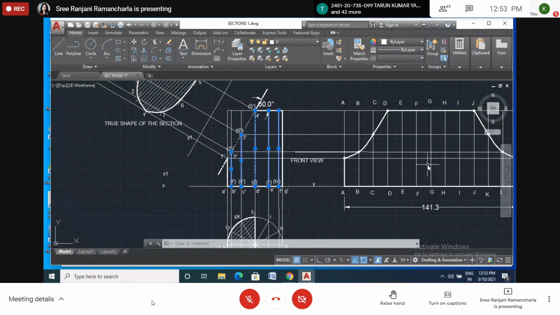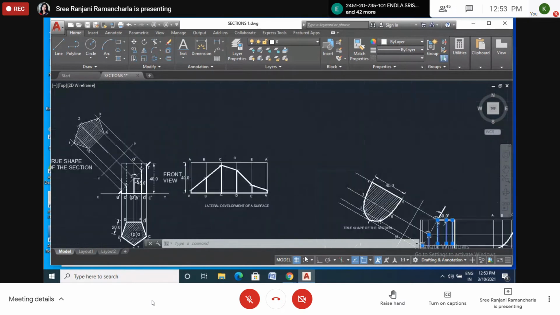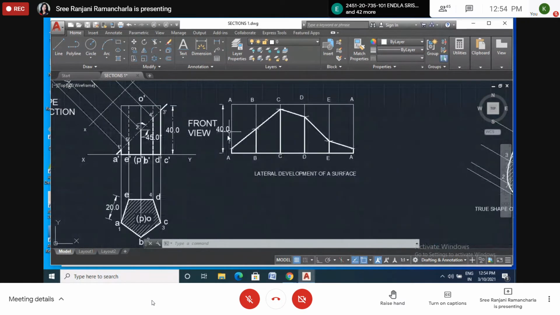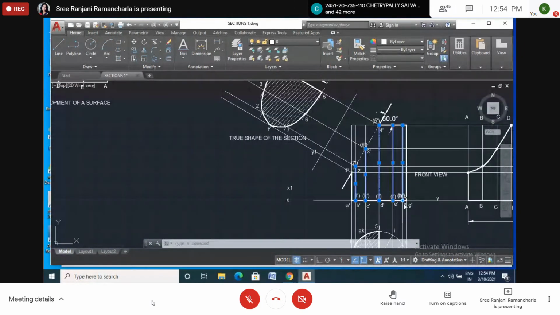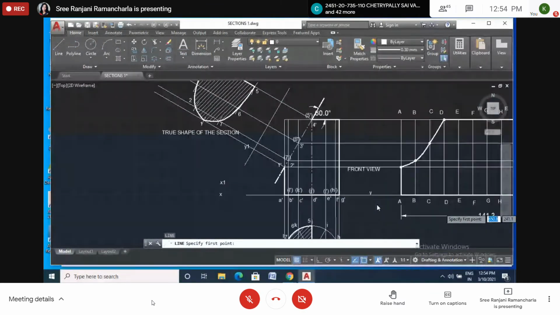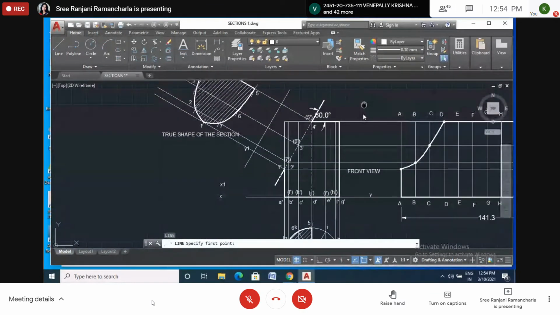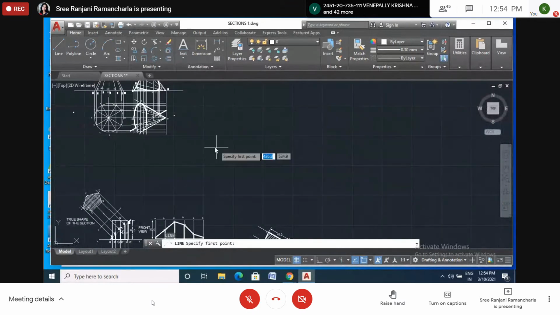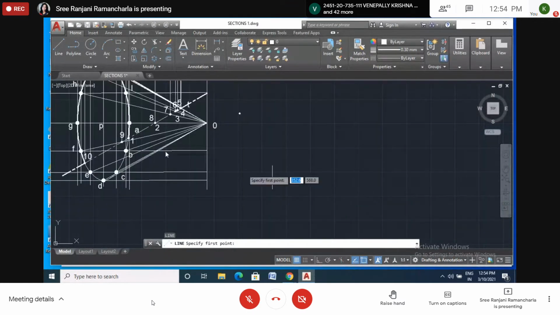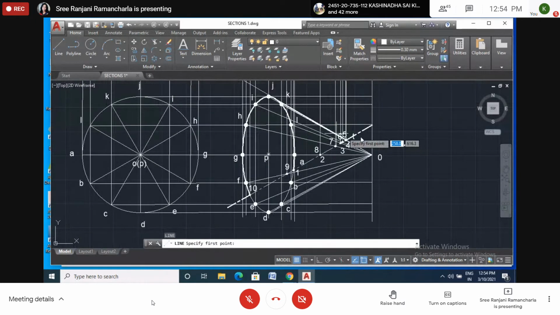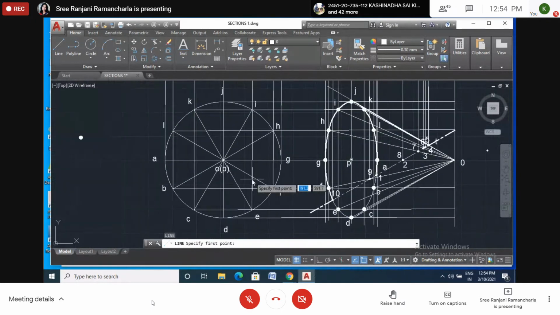So lines should be thick whereas for prisms, these are the foldings. I mean, these are the edges. That's why we have to draw the thick lines. For smooth surfaces, we should not draw the thick lines. So in the cone also, this is a smooth surface. So we should not show the thick lines, only light lines. Is it clear, all of you?